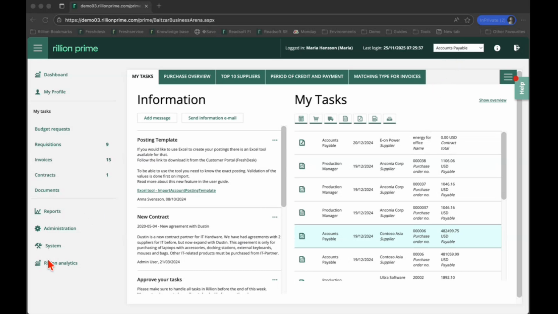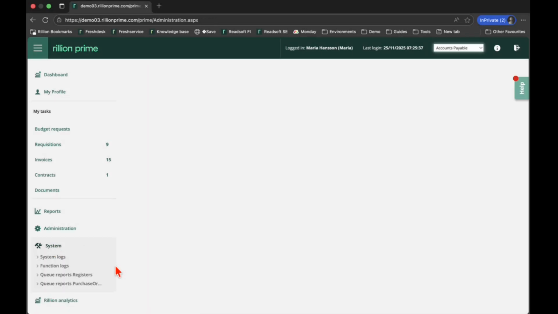And here on my left-hand side of the screen, I can see a module called System. So it's right below Administration. And when I click on this here, I will get a subsection opened up. And there are different types of logs here. So we're going to have a quick look at a few of them so you'll get an idea of what